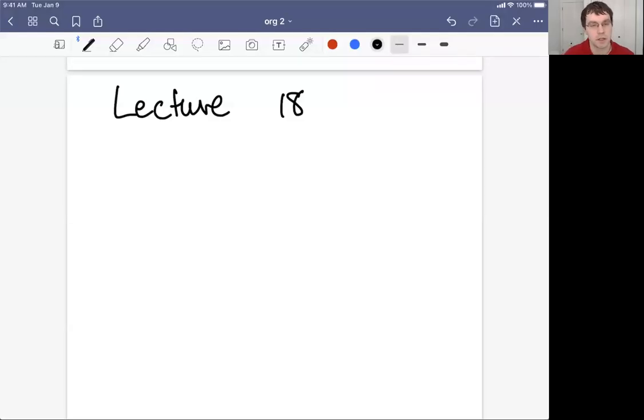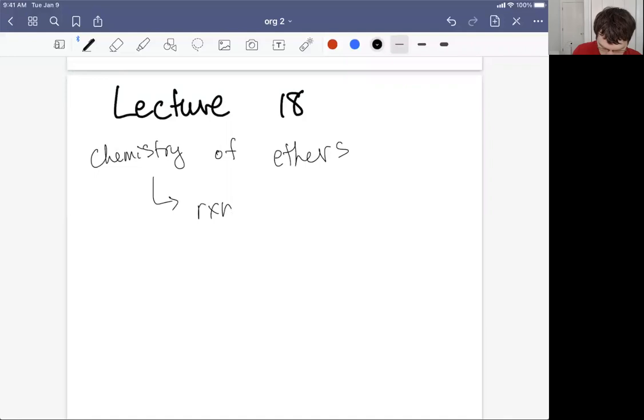In this lecture, we're going to look at the chemistry of ethers, and that is specifically the reactions of ethers. So, getting that kind of framework in our heads, what types of chemistry, what types of transformations can ethers do? And a big one is the reactions